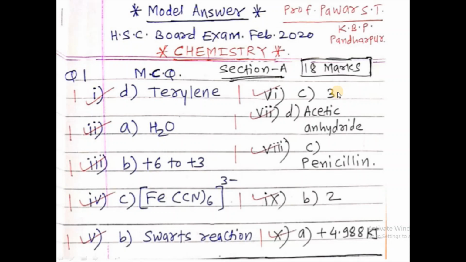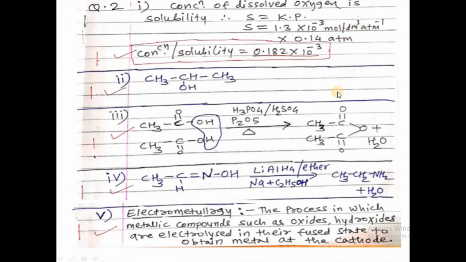Like this, you have to write only the answers with their correct option in case of MCQ. Not necessary to write the sentence, and you will get the full marks. Now we will move toward the question number 2, and in case of question number 2 we have to write the correct answers, that is one sentence answers. If the question is like a problem, we have to write only answers.